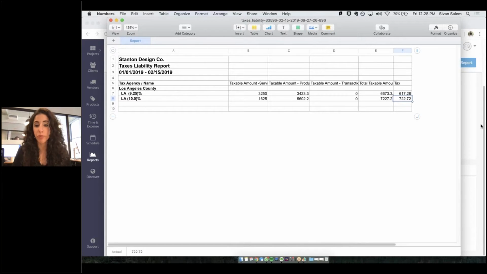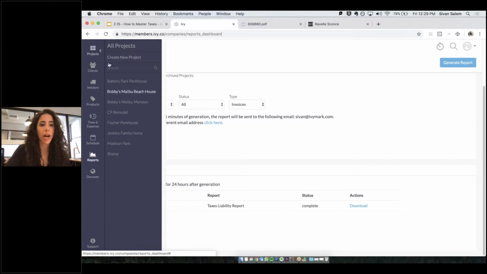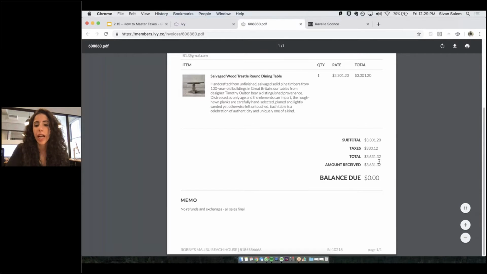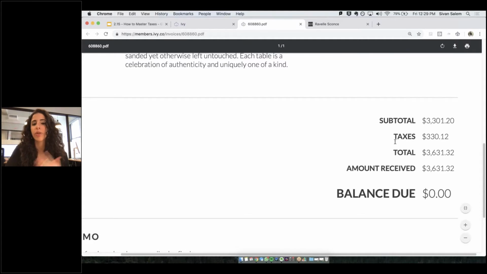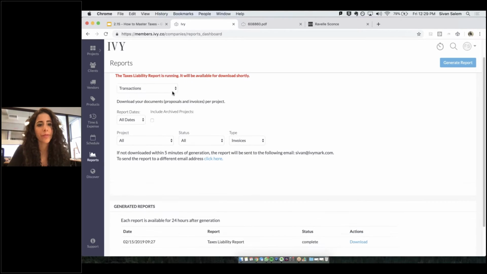The best way to work with this report, I would say, is to pull it and cross-reference it. Use this one as, okay, we have $722. Where does that money come from? Well, let's look at the document level on the transactions report. Ivy gives you the ability to set your tax rate on a project account document. Let me go back to this document over here, and you'll see right here, taxes, that's according to the tax rate that we selected for this document. So where can we see that? Well, the transactions report, specifically